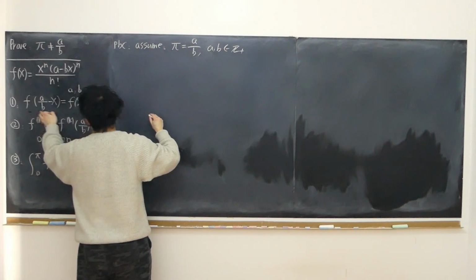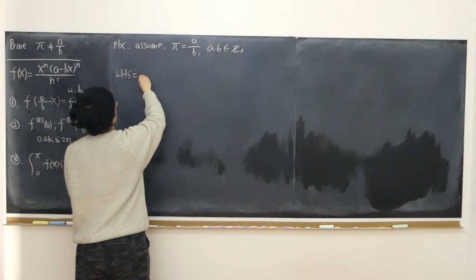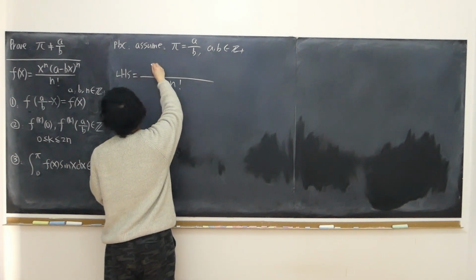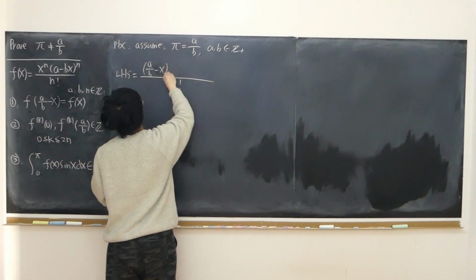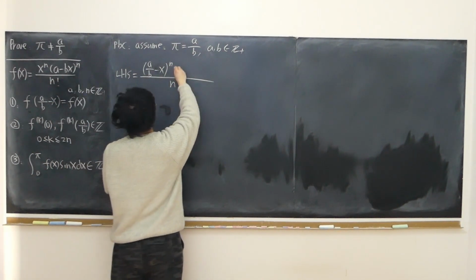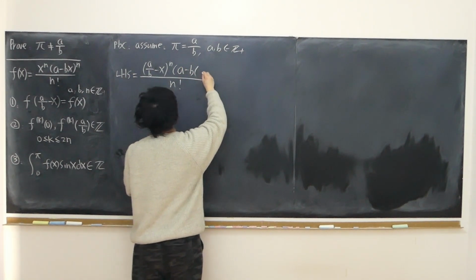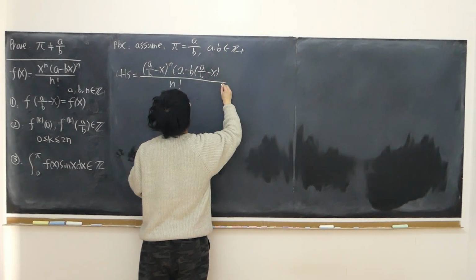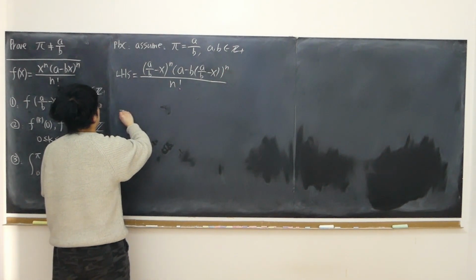So first of all, the left-hand side of this equation is equal to n factorial and (a over b minus x) to the power of n. That's replacing x with this value. Also times (a minus b times likewise (a over b minus x)) all together to the power of n, and that is equal to